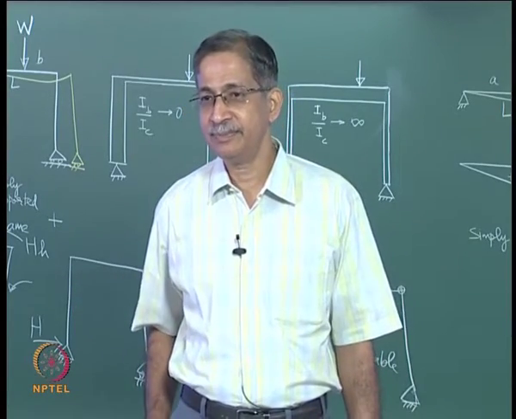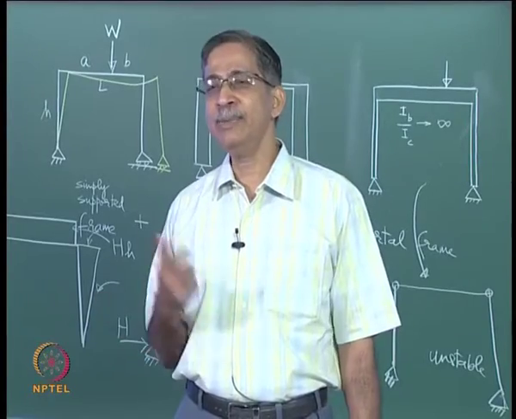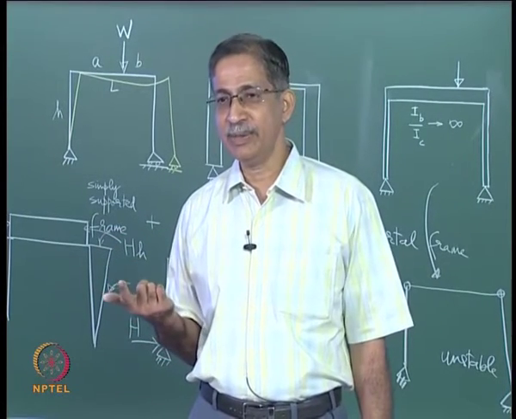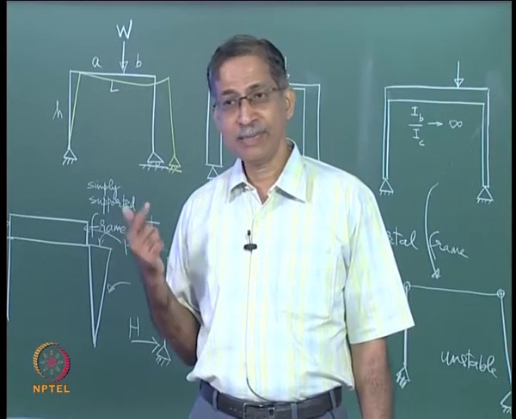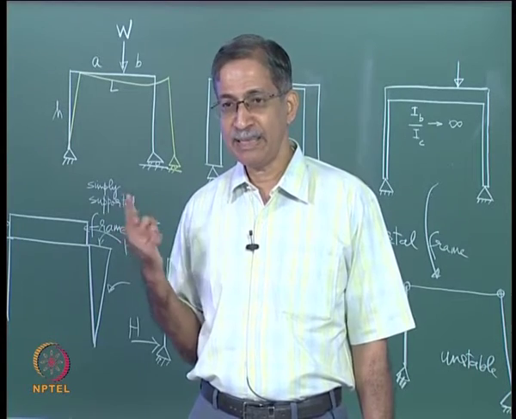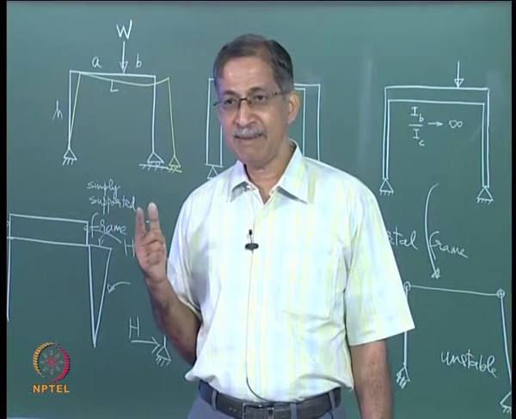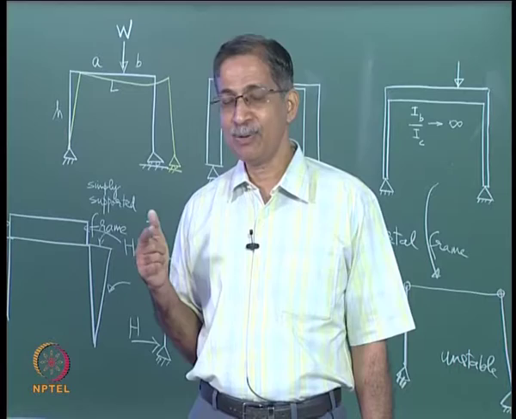How to find out? Let us say I want to do an exact analysis including rib shortening. What should I do? Go back to the first principles. How did we solve for capital H? Which method did we use? We used energy method. We did not explicitly calculate any deflection. In that method, how do you include rib shortening?